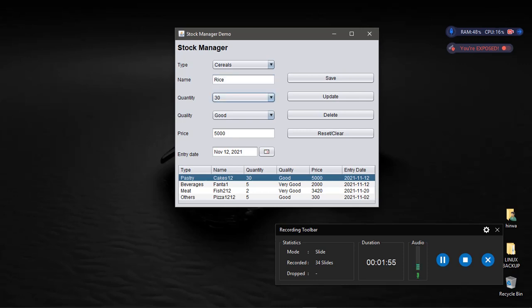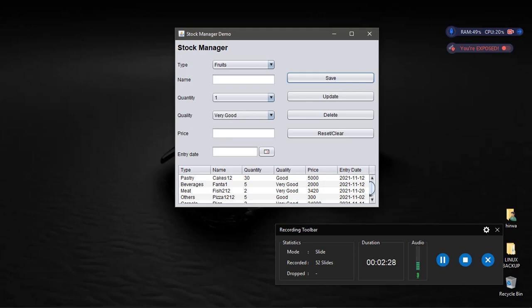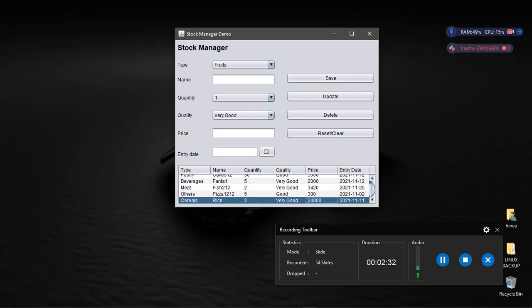You can give it rice, then quantity, you can choose maybe 2, quality very good, price, I don't know the prices, then you also put a date. This is a project that shows the things that were added in the stock, and when you hit save, the product is saved in the database, and then it is also retrieved from the database and displayed in